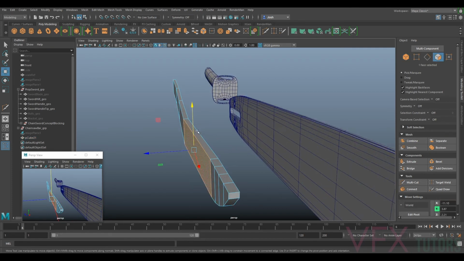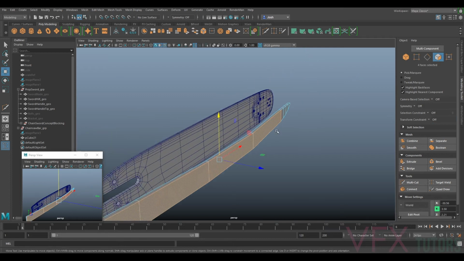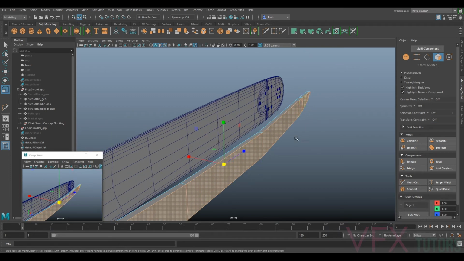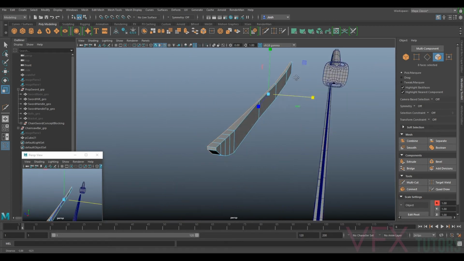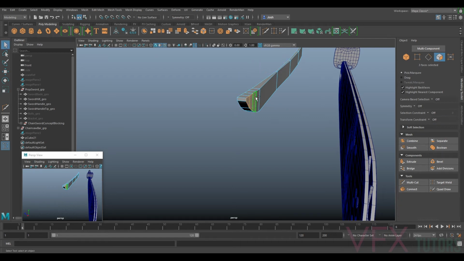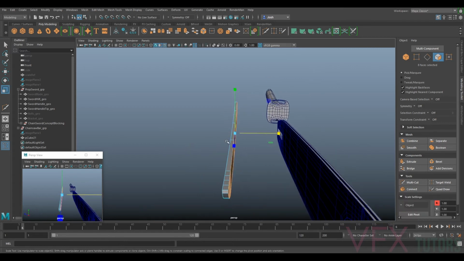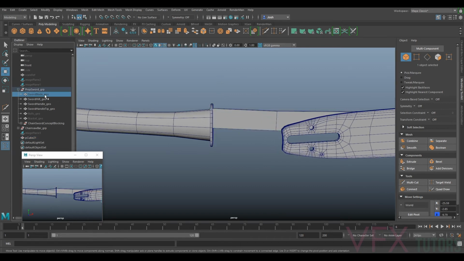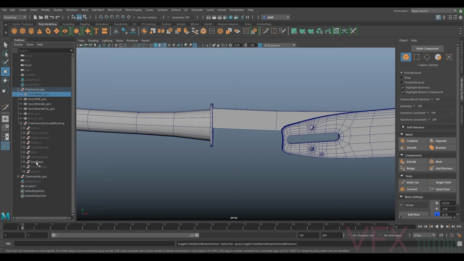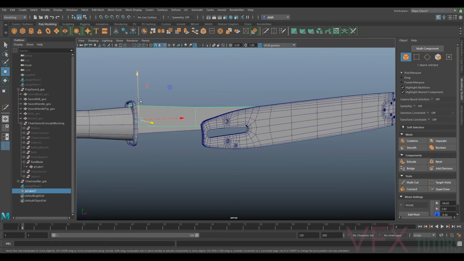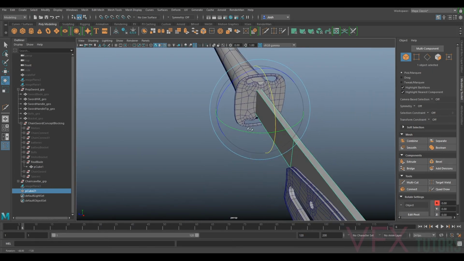So I had the wrong orientation on my manipulator, so that's gone wonky. So it's always good to check that you've got the right orientation, otherwise you'll end up doing silly things like that. But it's easily fixed by selecting all the faces and scaling them. But it's one thing to keep an eye out for. So I'm just going to do a quick rough